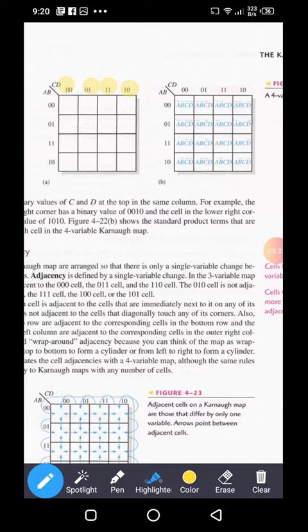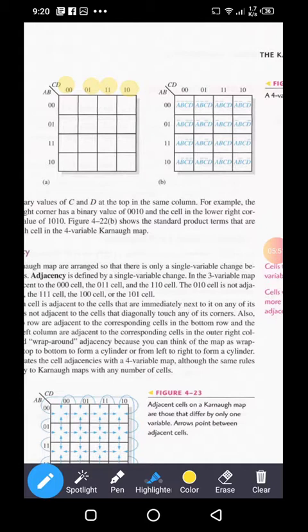Why? Because it is an idea of the inventor who has created this Karnaugh map. The inventor has given the value 1 1 to the third column and the value 1 0 to the fourth column.